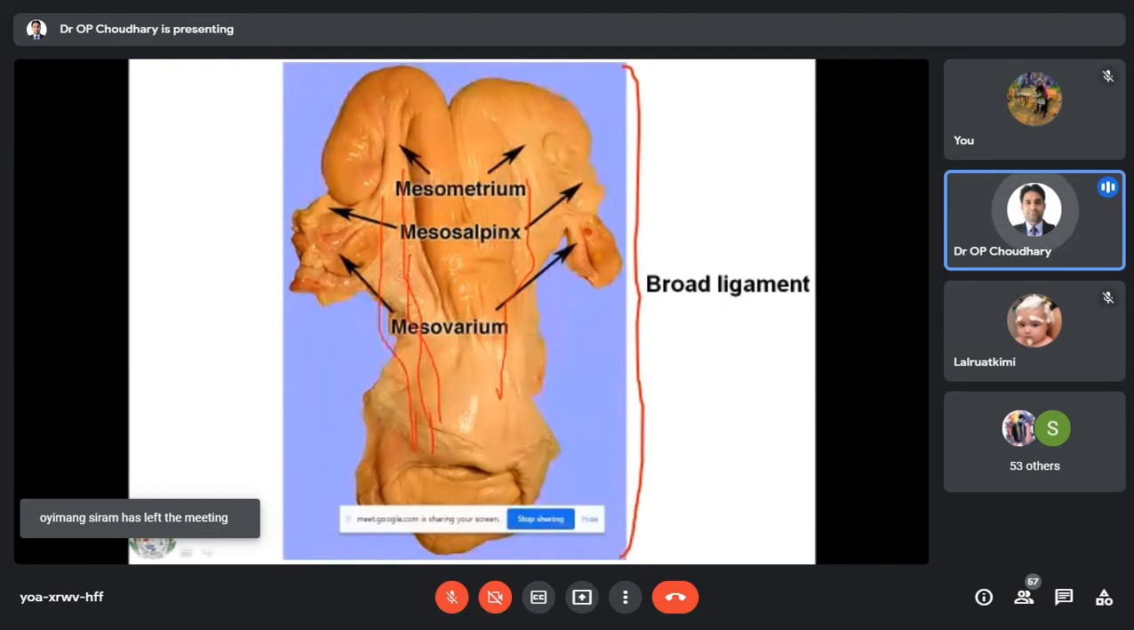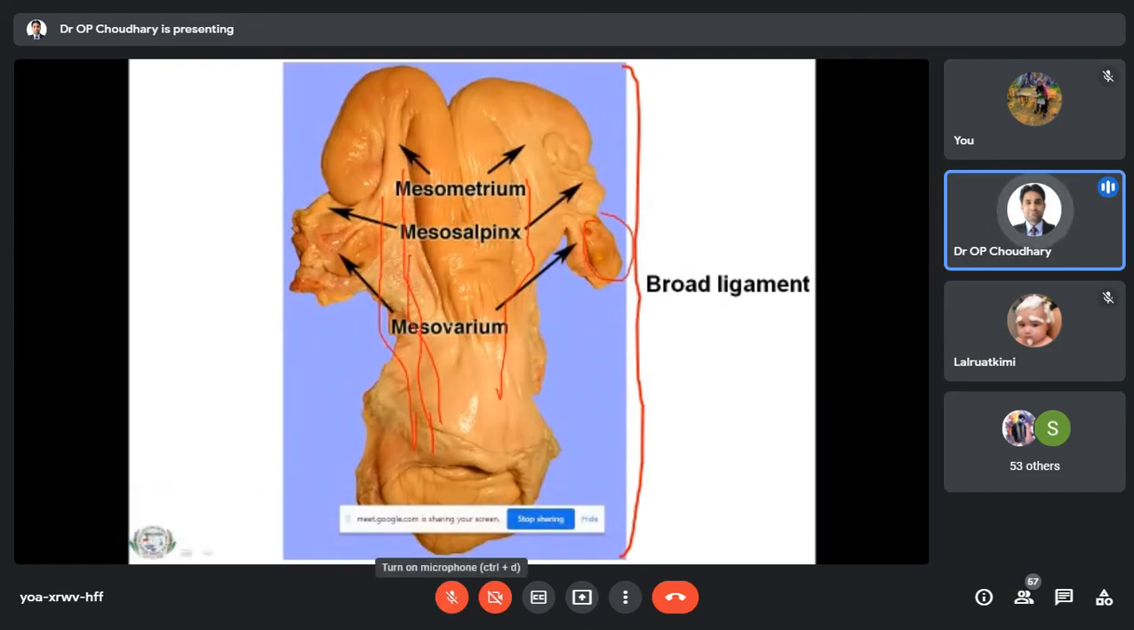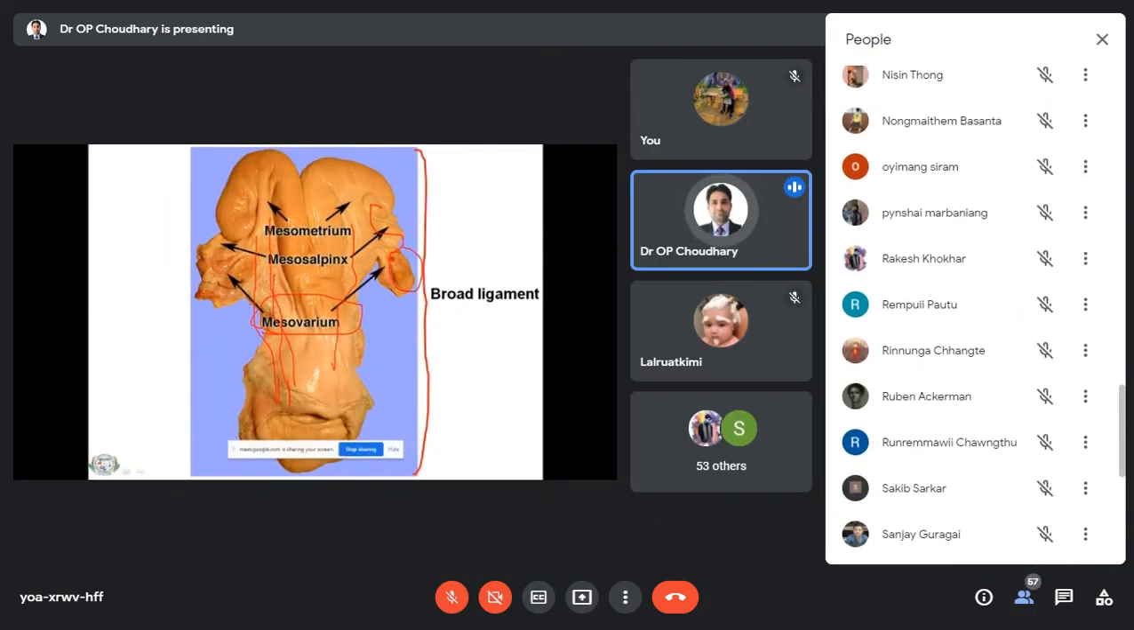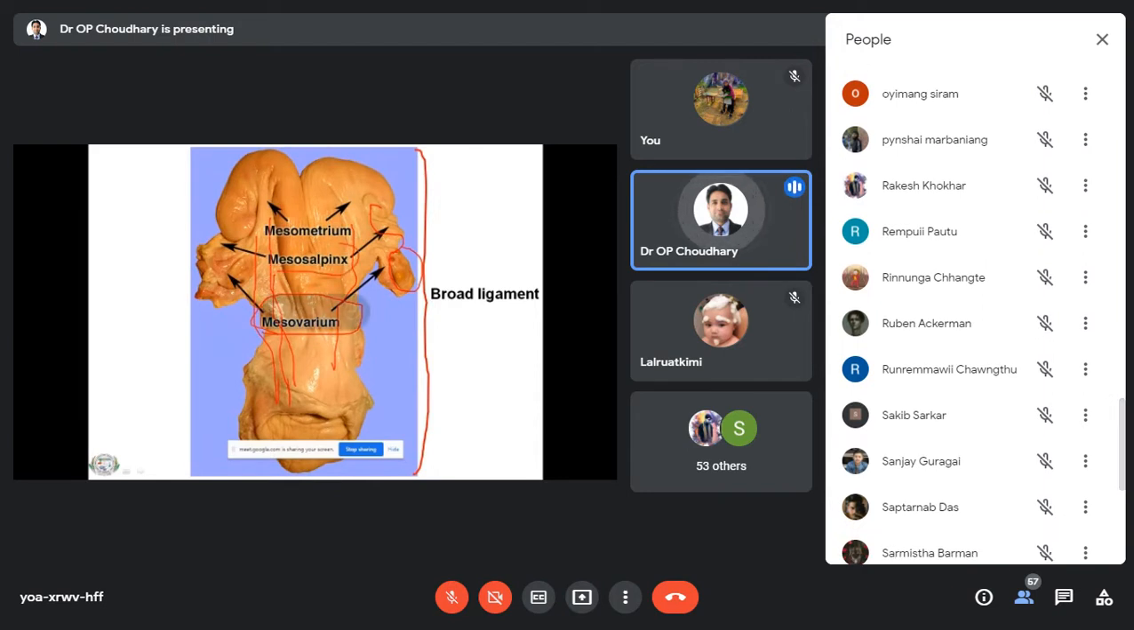But individually, the fold of the peritoneum or broad ligament connected with the ovary is called mesoovarium. The oviduct, which is connected with a part of the fold of the peritoneum, is called mesosalpinx, and the part of the broad ligament which covers the uterus is called mesometrium. So you can simply say that altogether the fold of the peritoneum is called broad ligament, but